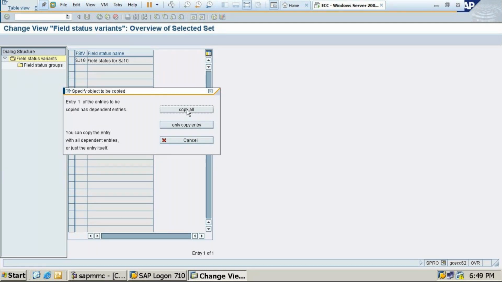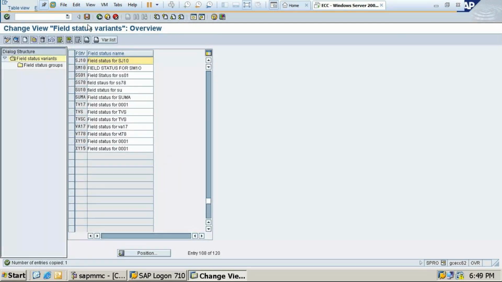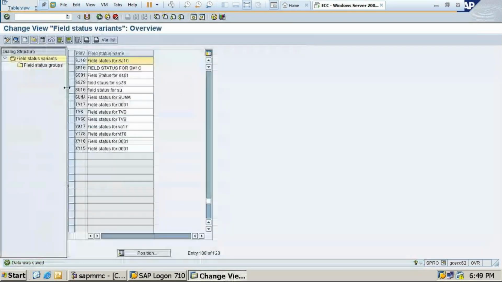So right, once you copy all, 41 independent entries are copied. Click on this and save once. Okay, once you save with the customizing request, then what you need to do, you have to select again, double